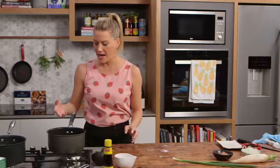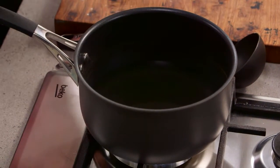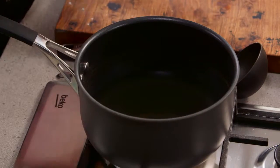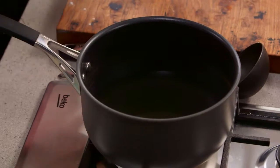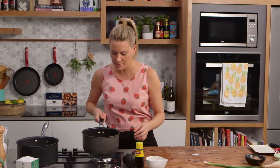In here, what I have is some dashi stock. Now, dashi you can buy from good Japanese grocery stores or any Asian grocery store. Dashi comes in a powder form, so you do need to dilute it with water, and it's 1 tablespoon of dashi to about 500 millilitres of water. That's the flavour that I like, but if you want a more intense flavour, you can add a little bit more of the powder. Now, I've just brought that to the boil, and it's just heating up again now,